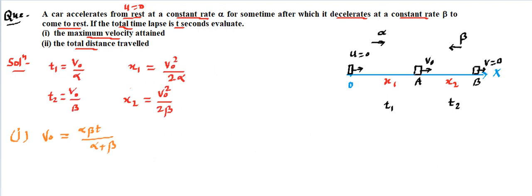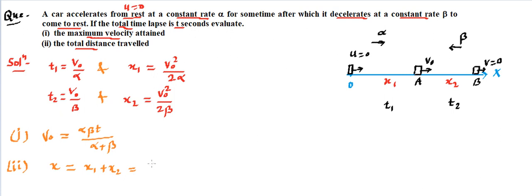So far we have talked about the two equations that we made, and this is the first part answer. I have erased the rest of the part. So the first part has been done. Now let's come to the second part. The second part is asking what is the total distance covered. So you can say the total distance, let's assume it to be x, is going to be basically the O to B distance. It's going to be the sum of OA plus AB. And you know this x1 and x2, you can sum them up, then you will get your answer for this particular distance calculation.